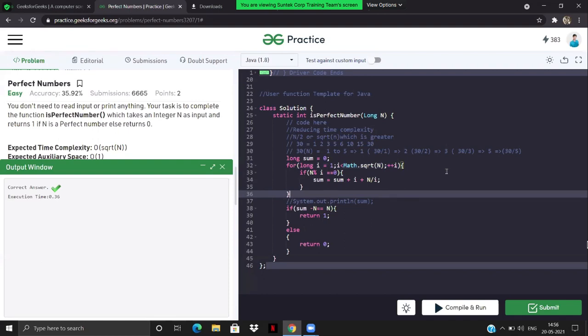Okay, can anyone tell me what is the time complexity of the code we have written as of now?